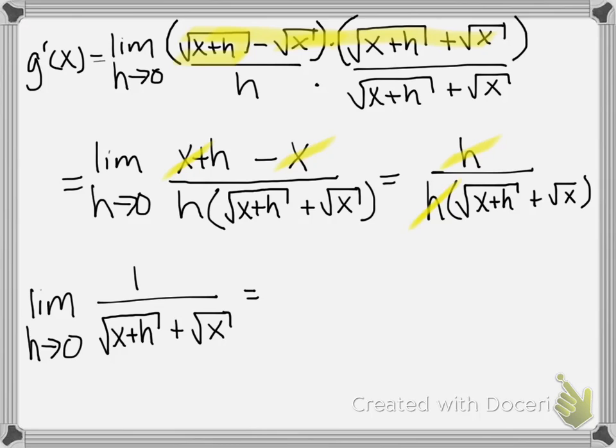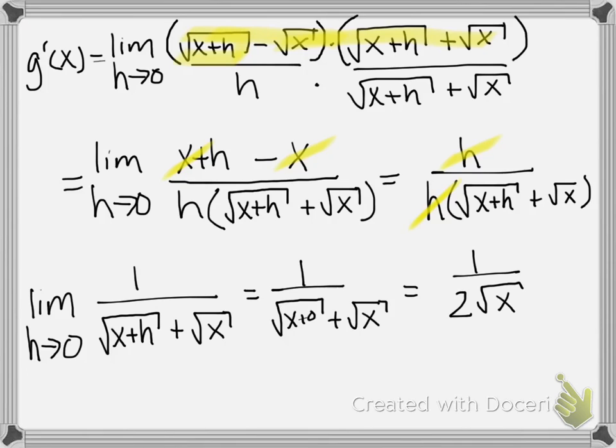And then whenever you actually go through and you substitute 0 in for the h, that's going to leave us with 1 over the square root of x plus 0 plus the square root of x, which I'm pretty sure you can convince yourself is just 1 over 2 square root of x, because we have 2 of those on the bottom. And that's going to be equal to our g prime of x. Okay, so now that we have that,